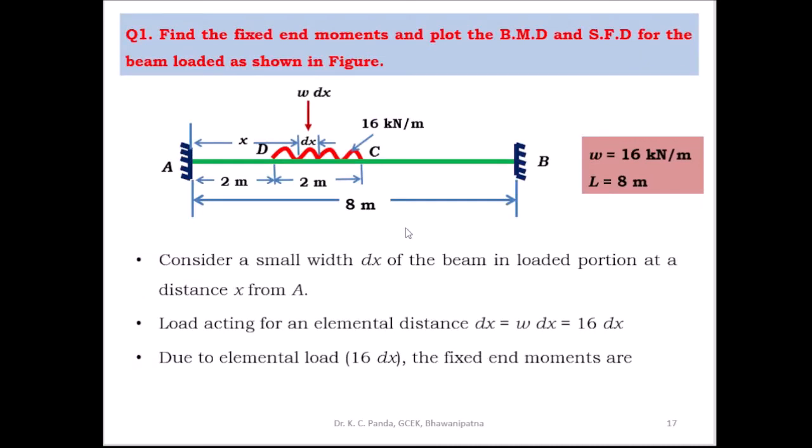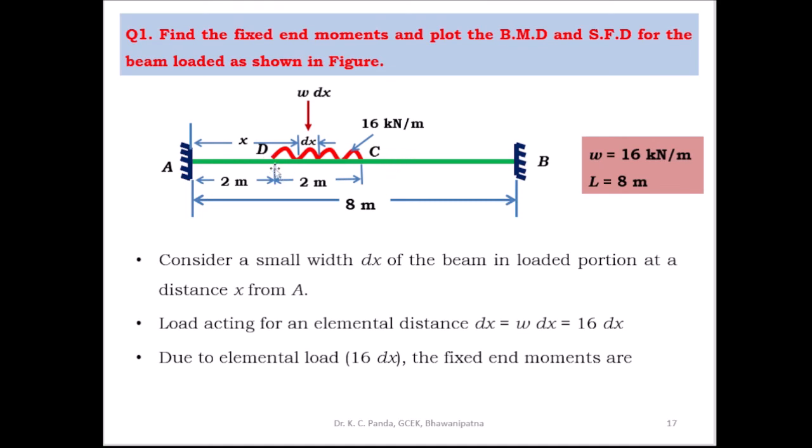Then coming to the second question, find the fixed end moments and plot bending moment diagram and shear force diagram for the beam loaded as shown in figure. So this is the fixed beam. The span is given 8 meter, and here this is the 2 meter, this is 2 meter, and this is 4 meter. The load is present